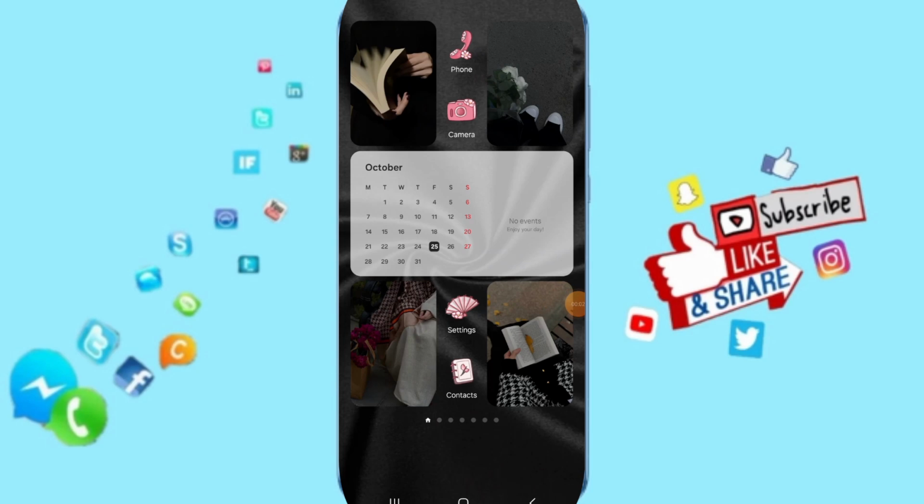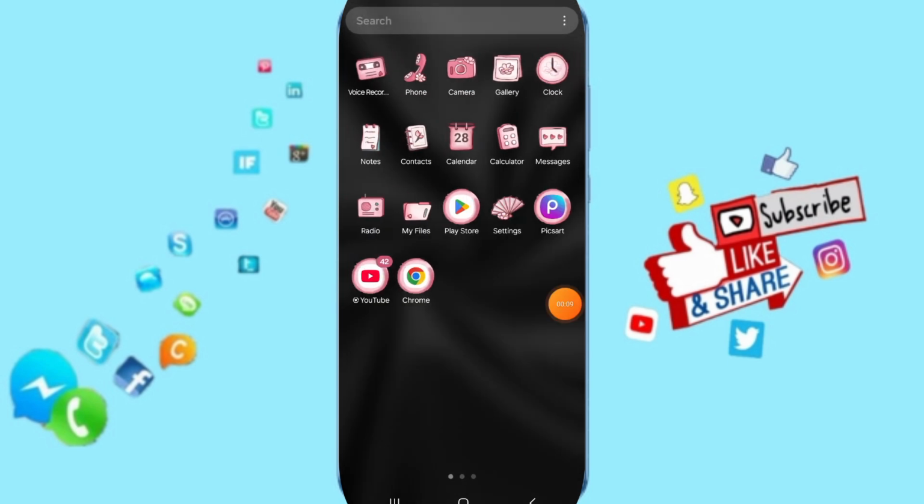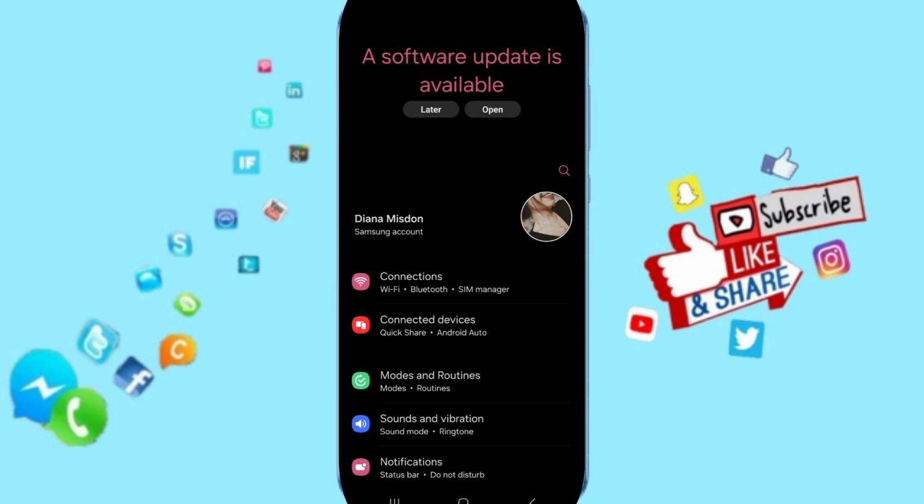Hi everyone, today we will talk about how to fix the problem of when the app... you click on settings. Here in this page,